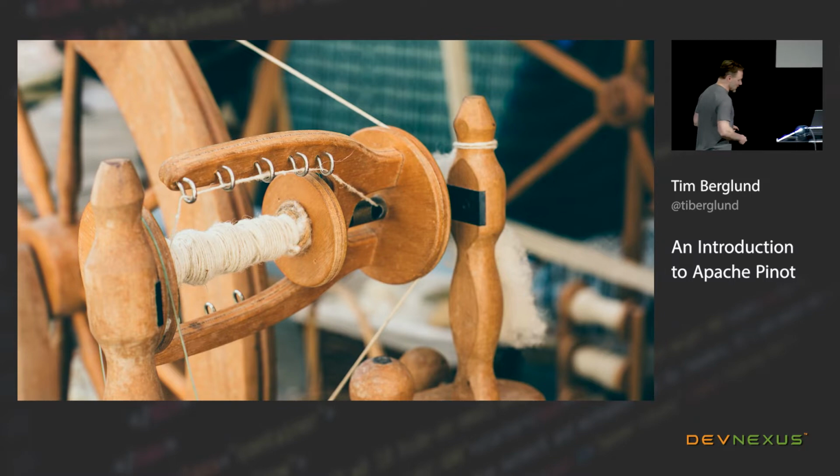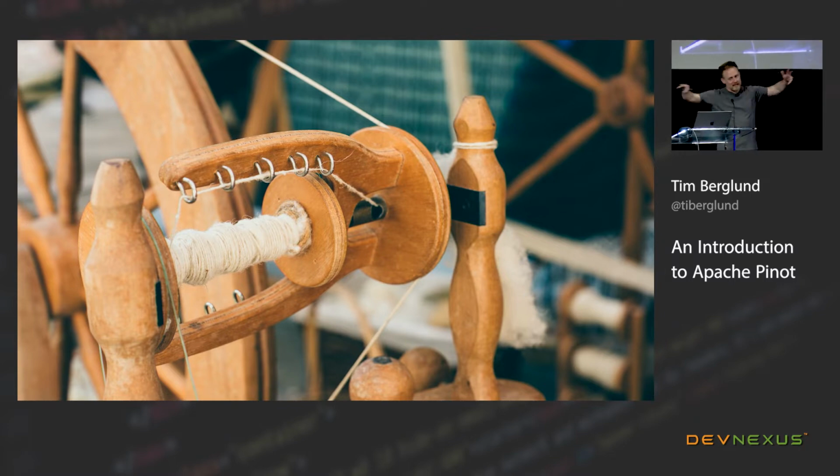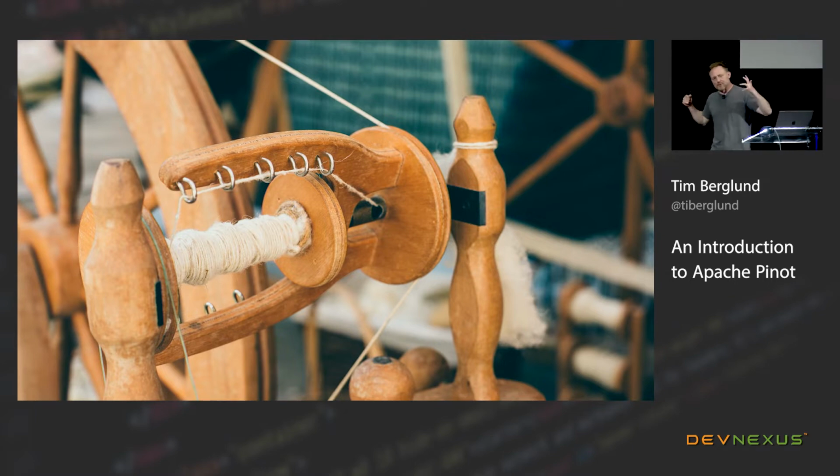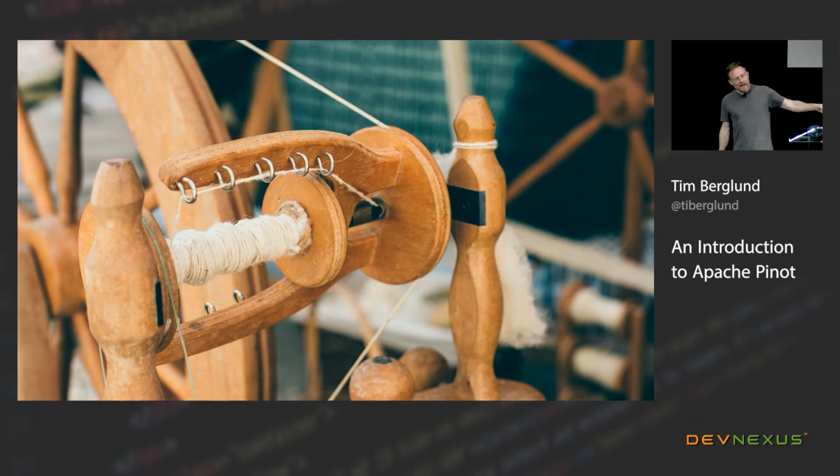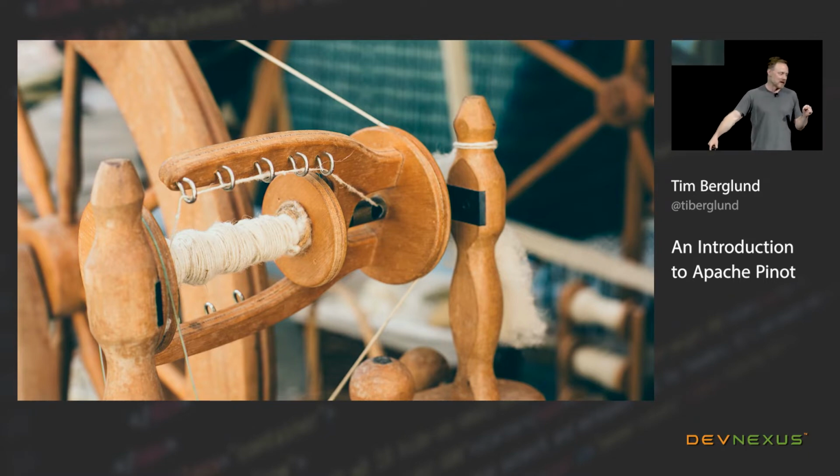Where is this story going? Well, it was hard to make thread. That process was distributed. Lots of people contributed to that process. And so you wouldn't use textiles for much. But when that process was industrialized and became much, much, much cheaper to make thread,